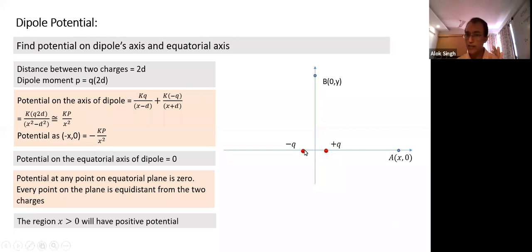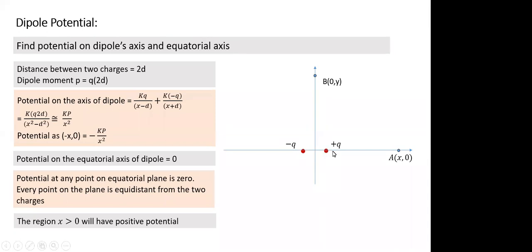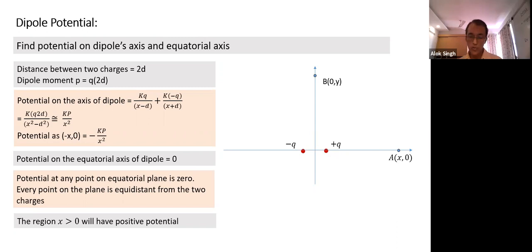In this case, I will take the dipole placed at the origin, directed towards the positive x-axis. If I take a general point, the only thing I know is that it can have an x, y, and z coordinate. Only thing I know about the general point is that the x coordinate is positive. What will be the sign of potential at that point? Will it be positive, negative, or unknown?